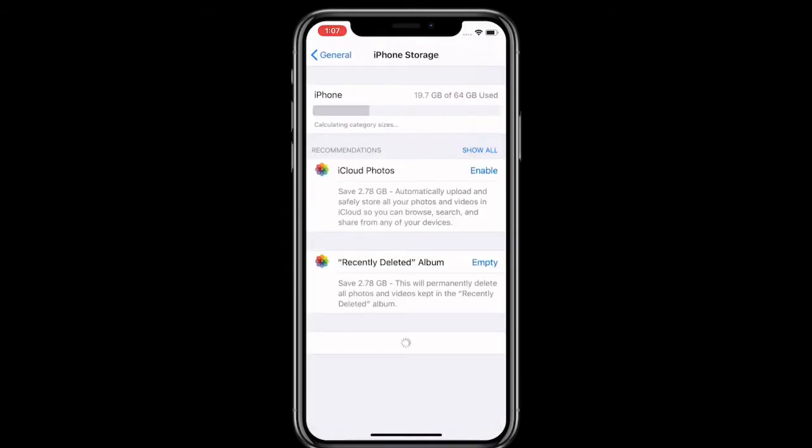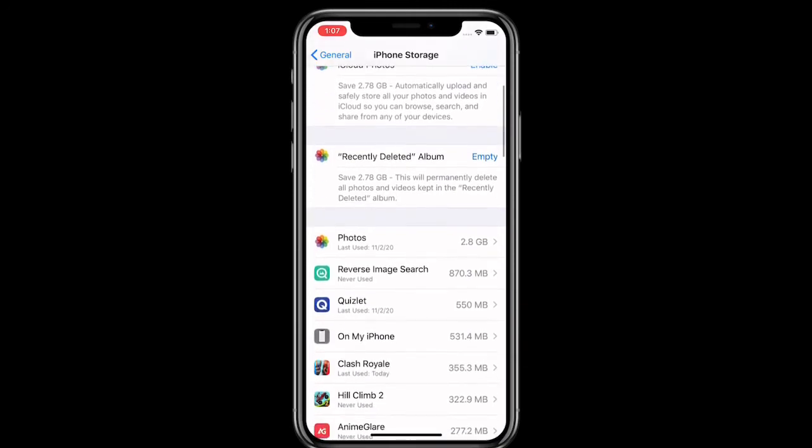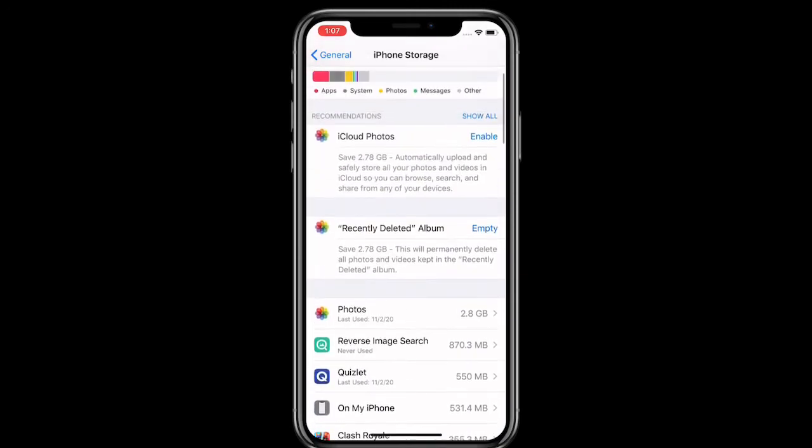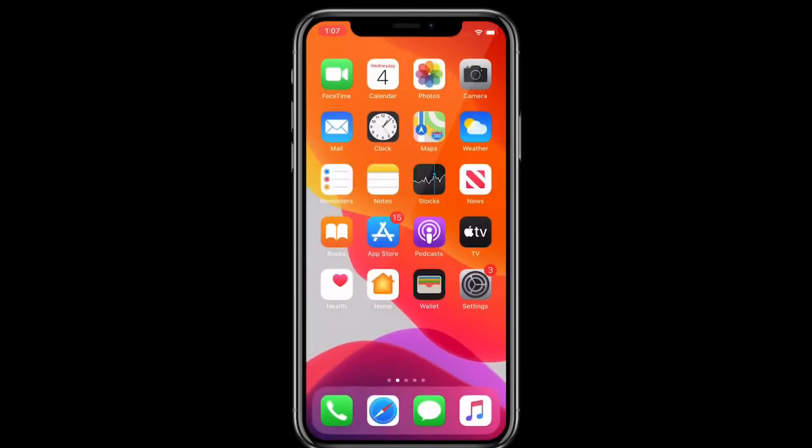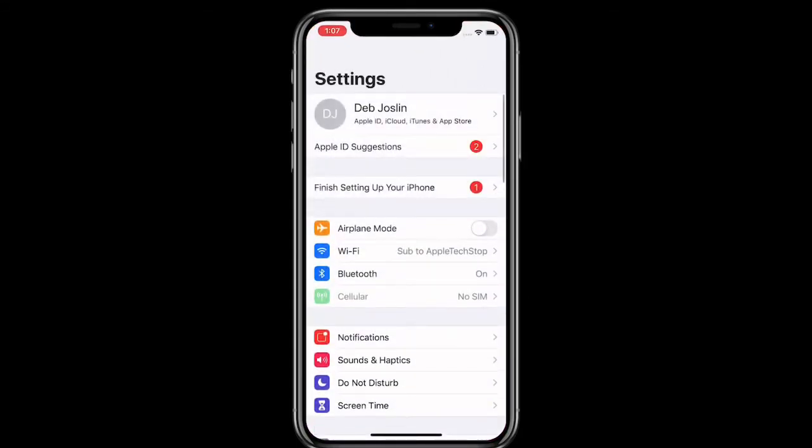So basically phone storage will load forever, right? It just will not load. You see right now it loaded down here, but it would just keep loading, right? And then you actually just close out settings, and then go back into settings, and then it's going to be that white screen. So that's basically how it happened to me. So the temporary fix, just turn off your device, turn it back on, right? Basically why it happened was because you have a jailbreak, you're trying to update, and the update failed,